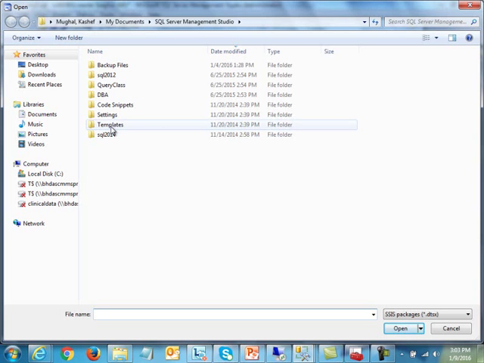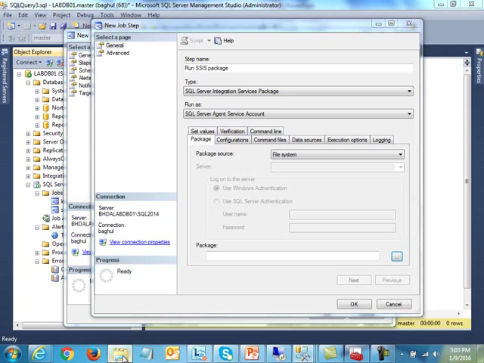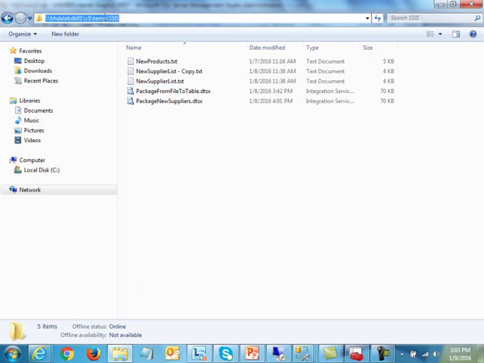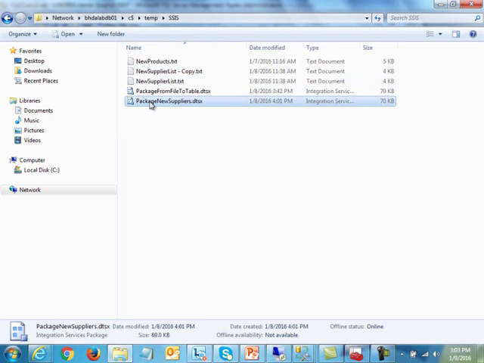Now I'm going to find the network location. What I've done here, in case you're wondering, is this is the server, and here's the location: C drive temp SSIS folder, and the package we are going to be using is called package new suppliers.dtsx. So I'm going to use that particular one. I just wanted to make sure